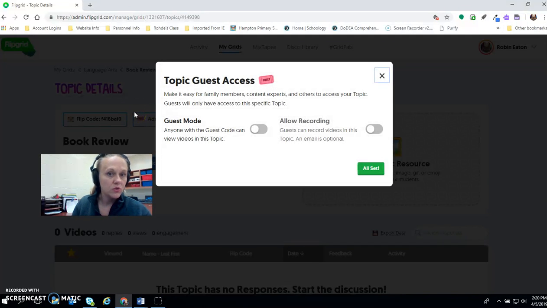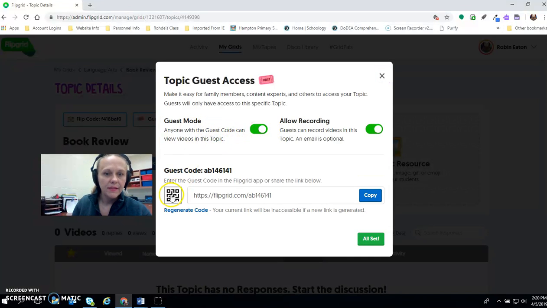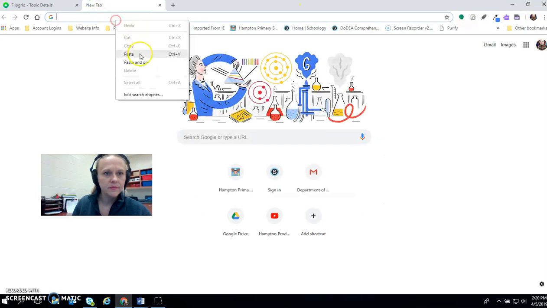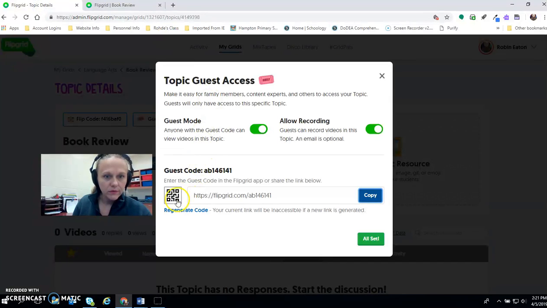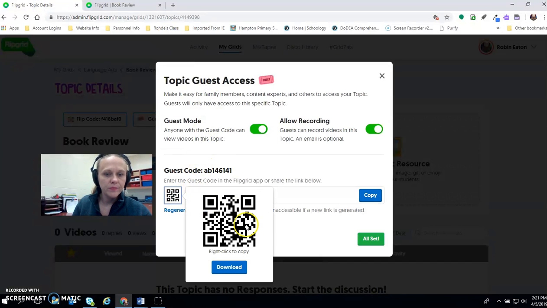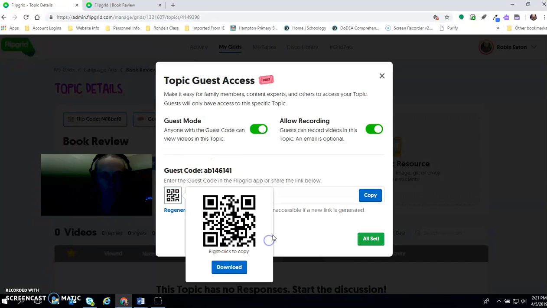And those are our students. We're going to put guest mode on, and this QR code is how our students are going to get to it, but I'm going to copy this URL and paste it, which also shows us what the students would see. So this URL would work, or if you take this QR code and we right click on it and copy it,